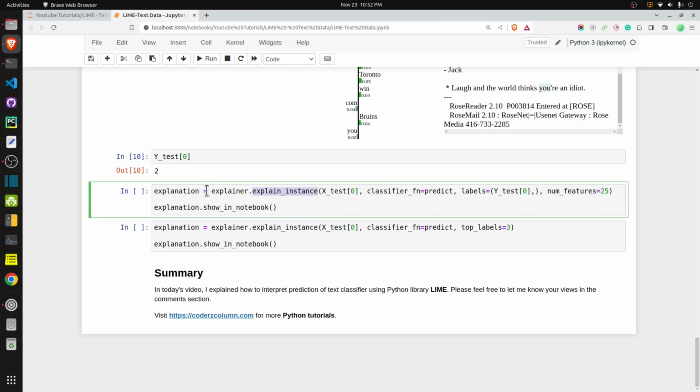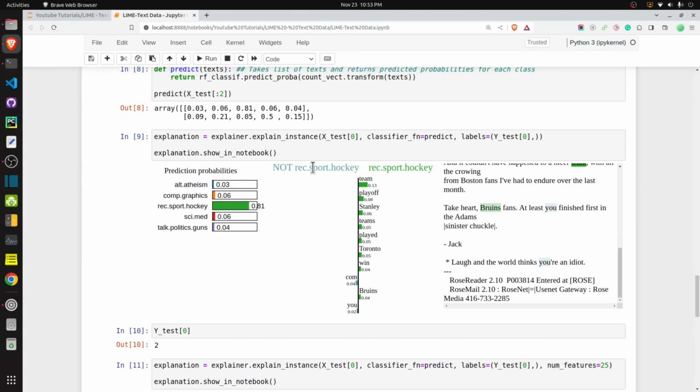Over here, I have created one more explanation instance, again on the 0th test example. This time I have provided one more argument, num_features, set to 25. By default, if you look over here, num_features is 10, so it shows me the top 10 features which contributed most to this prediction.